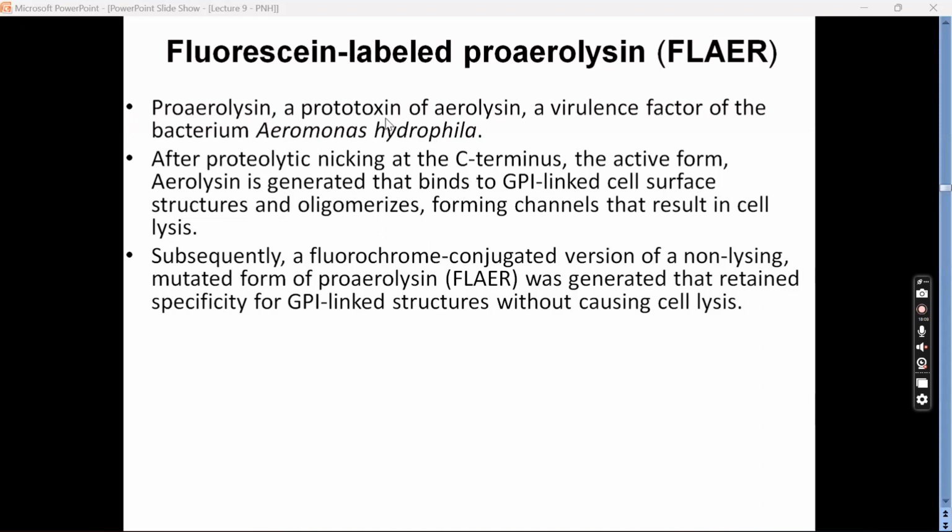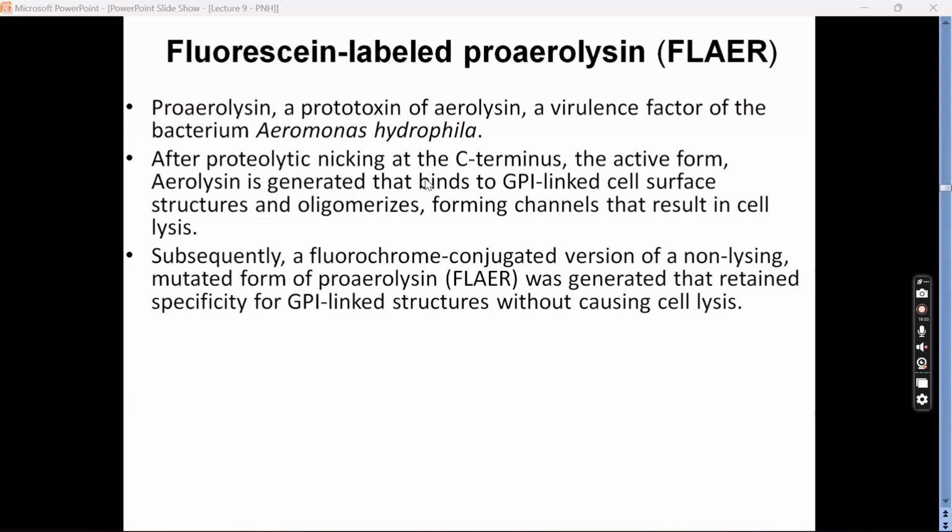Okay, so for the aerolysin to kill the cell, it needs to bind to GPI-linked cell surface structures. So this is the actual pro-aerolysin or aerolysin and how it attacks the cell. So we understood this, and what we later did, since it is using these GPI-linked cell surface structures,